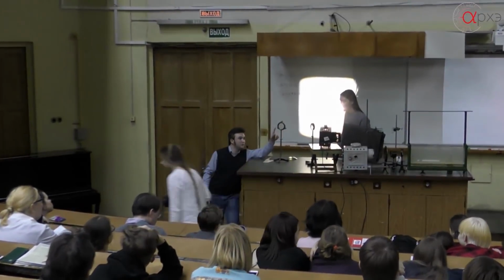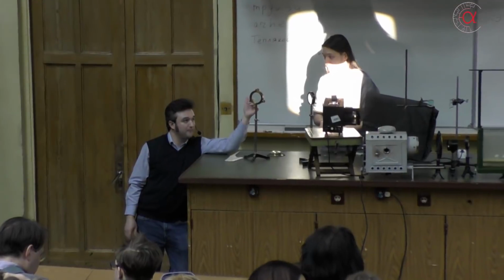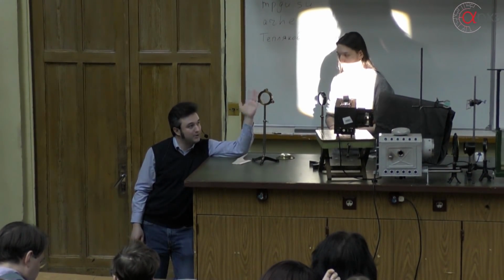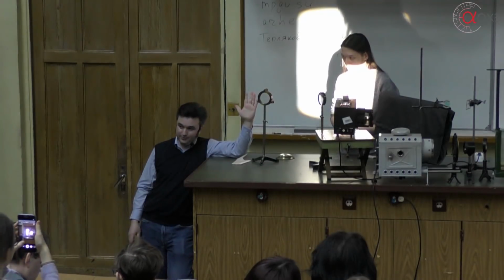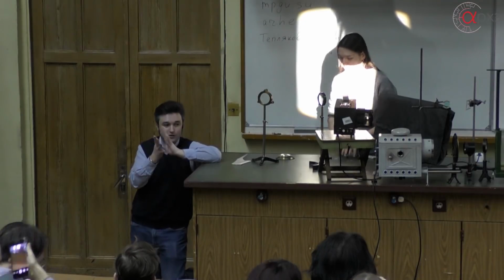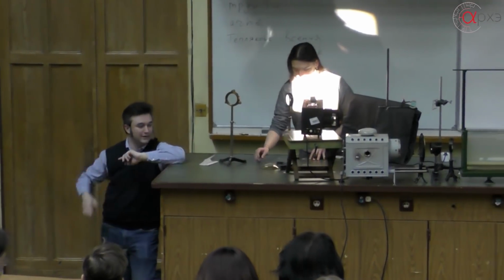Now, what we see in this experiment is the light produced by this projector gets reflected off a sandwich of two pieces of glass. But they are not exactly flat. They are not 100% flat. There is a bit of irregularity. So they touch at some points, but not at every point.